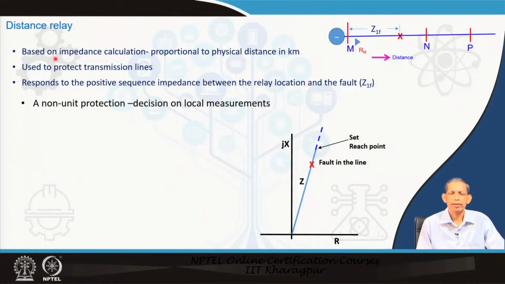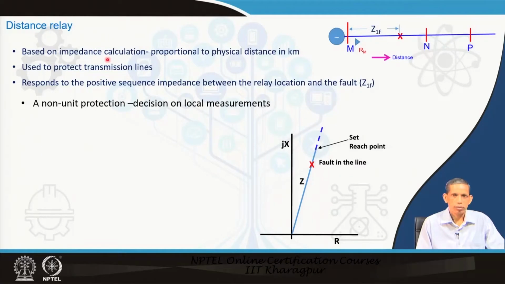So, that means that if we are able to find the impedance, we are relating to the physical distance in terms of kilometer or meter. Now, let us consider this simple system where you have bus M and bus N. We are concerned with this line now, and a fault happens to be at this point. So, the relay at this bus is concerned with the protection of this line, and the measurement point is here.